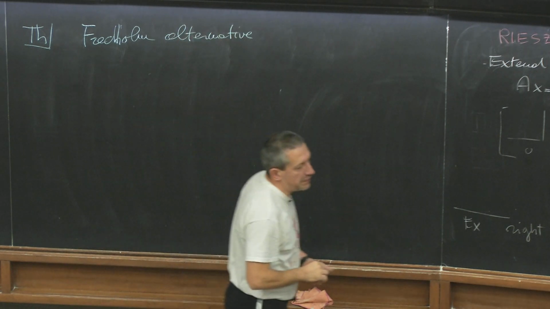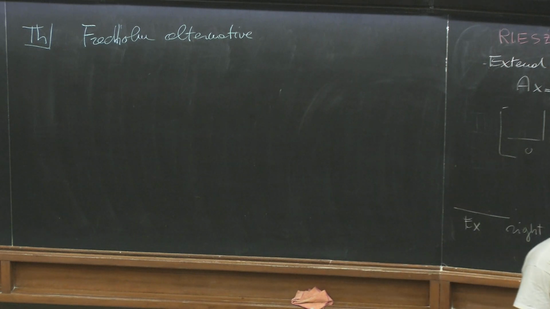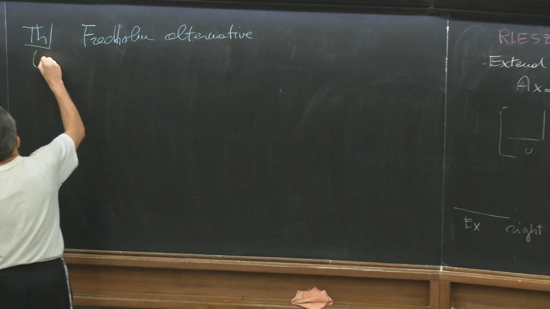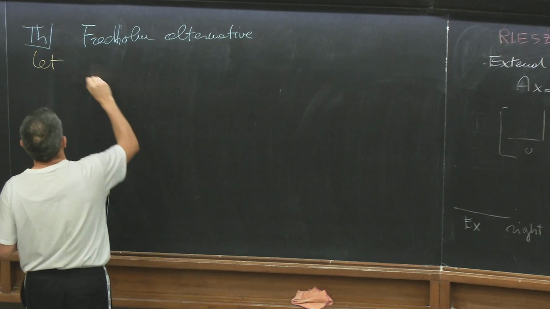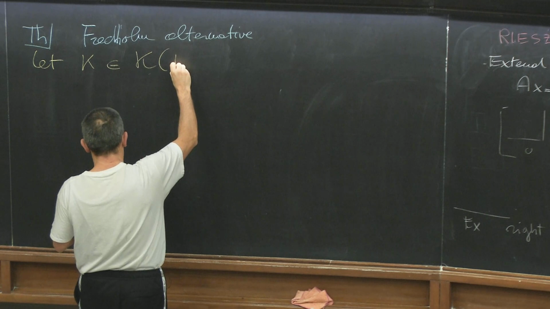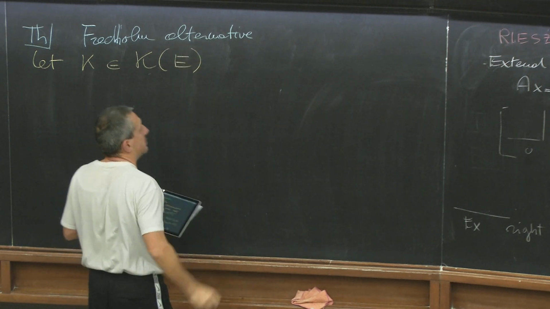It's what is called the Fredholm Alternative. So we have a compact operator, so let, now the notation, K be a compact operator from E on itself,